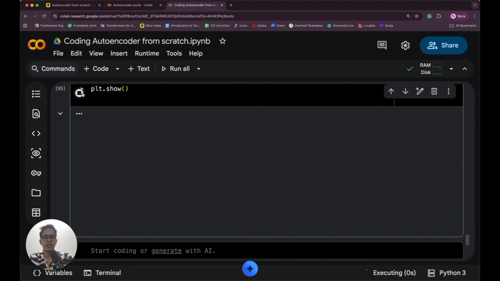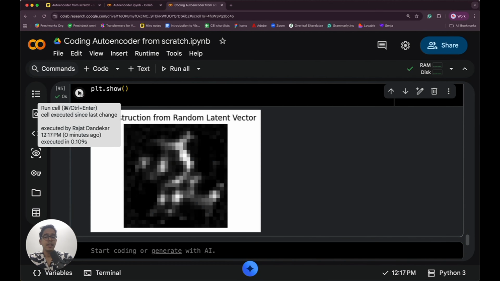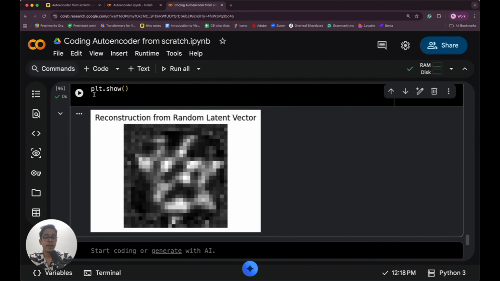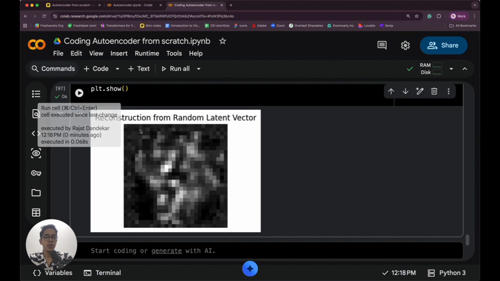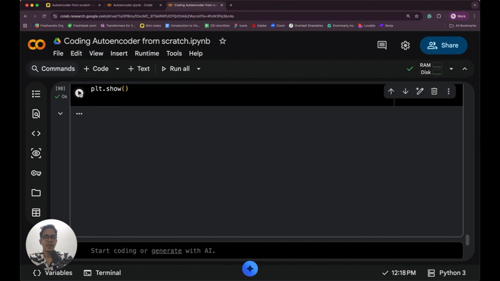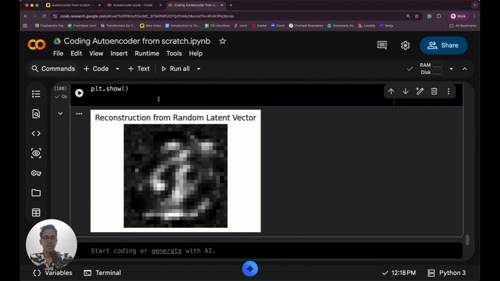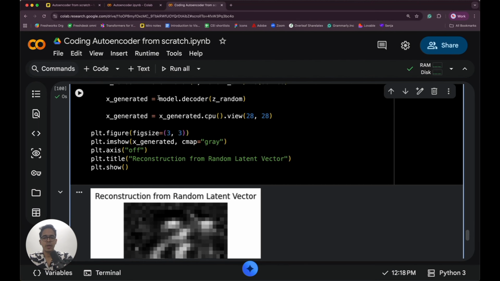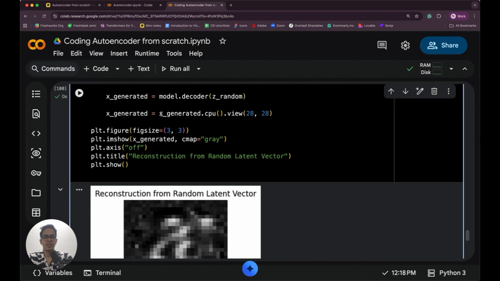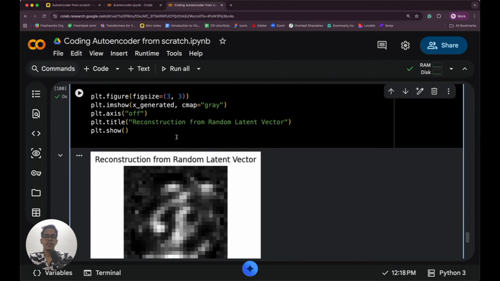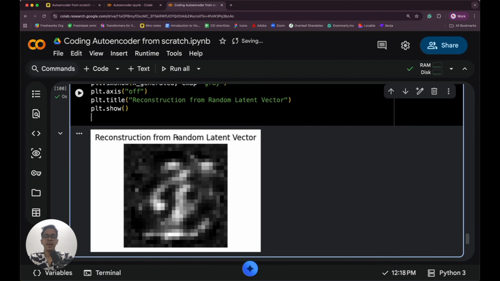So you can run this any number of times in the hope that if the latent vector is close to one of the vectors corresponding to an actual reference image, you may get a good resulting reconstruction. But you can run this again and again, and it's very difficult to get a very good reconstruction. So this is the problem with autoencoder, and this was one of the primary reasons why variational autoencoder was introduced. We'll discuss variational autoencoder in a separate video,